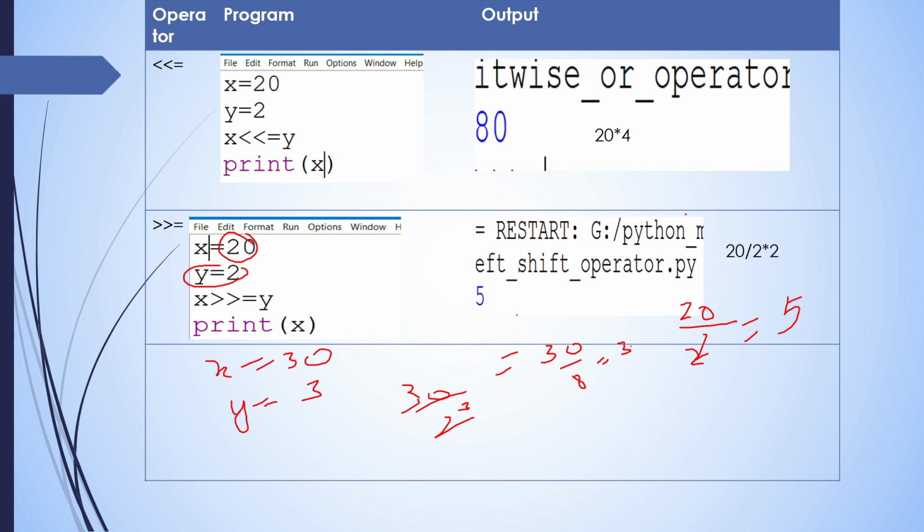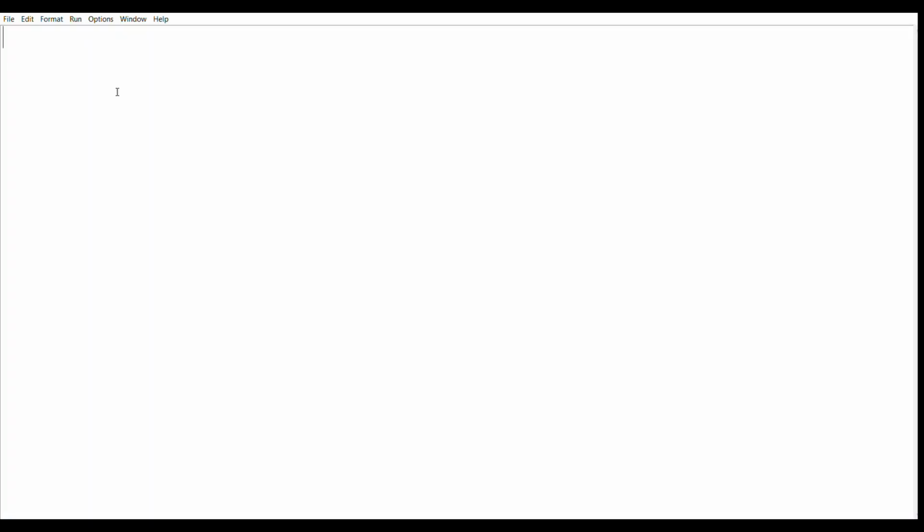So let's check. We have done the calculation of right shift assignment manually, but now we do it in a practical way. So I'm taking x is equal to 30 and y is equal to 3, and then x right shift assign y.